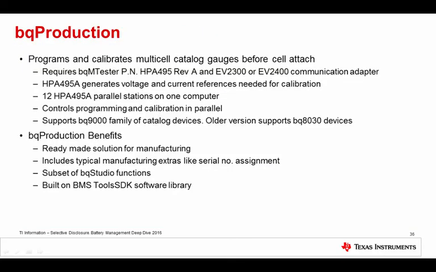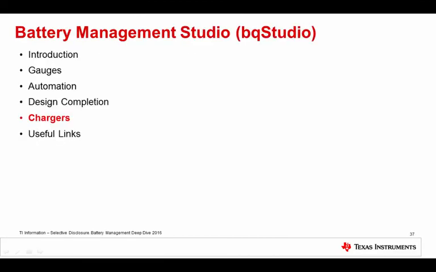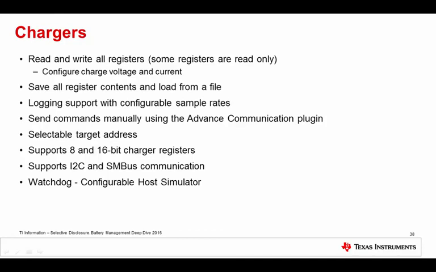The function of BQ Production is that it's a tool that's more suitable to a production intent or production environment that's built off the same hardware communication framework as all of the other tools. So it's robust, it's extensible, it supports many of our gauges, particularly multi-cell. You need an MTester board for most of the functionality, and we do support both EV2300 and now we support EV2400. The latest versions of BQ Production will do that. And unless you've got specific questions later, I would say we probably will defer to the following program in terms of production tool set before I get more into that.